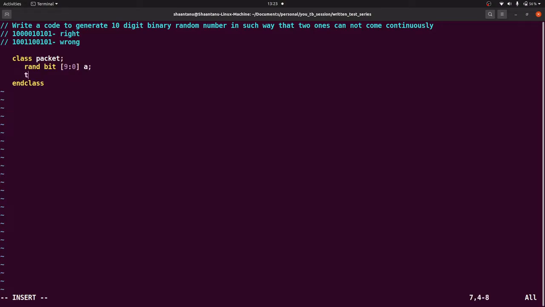After that, write a task print and endtask.